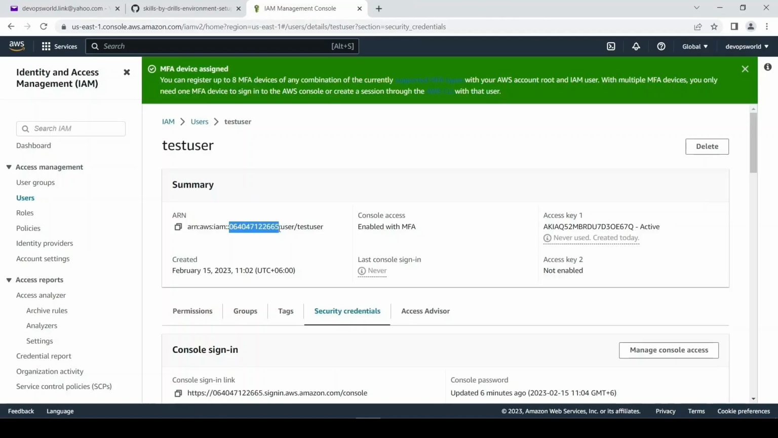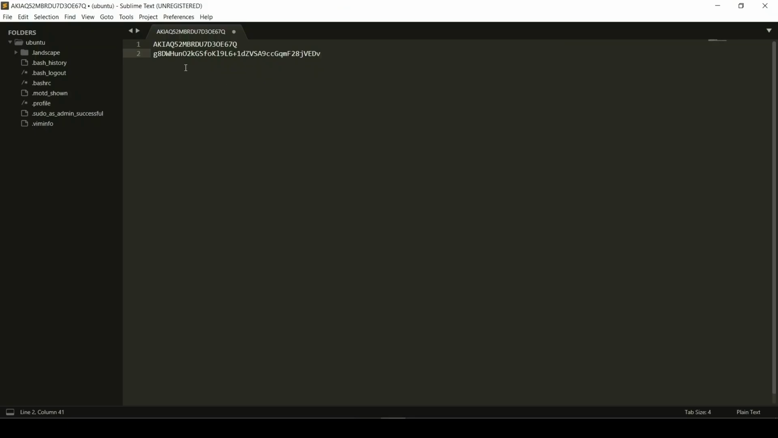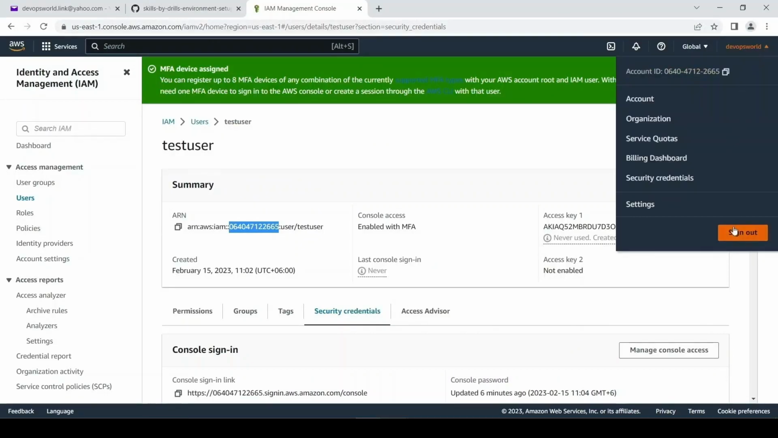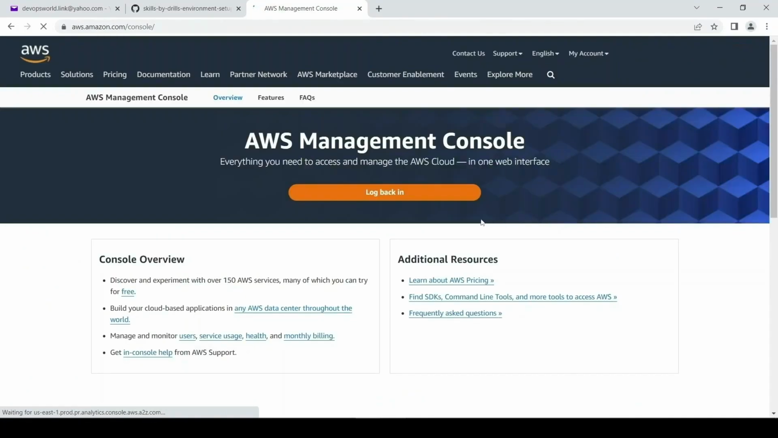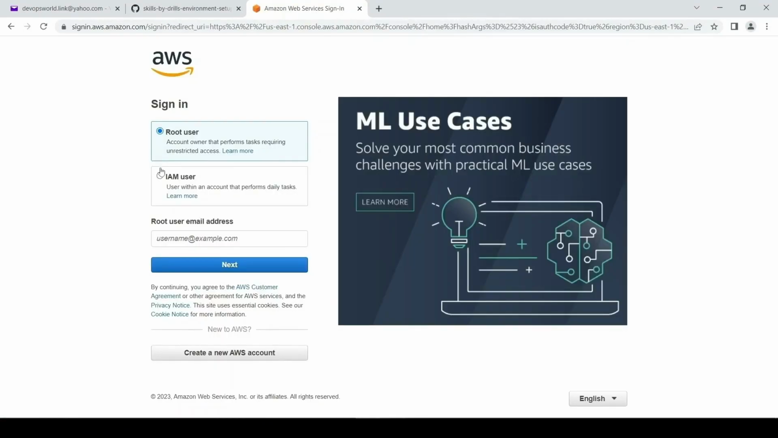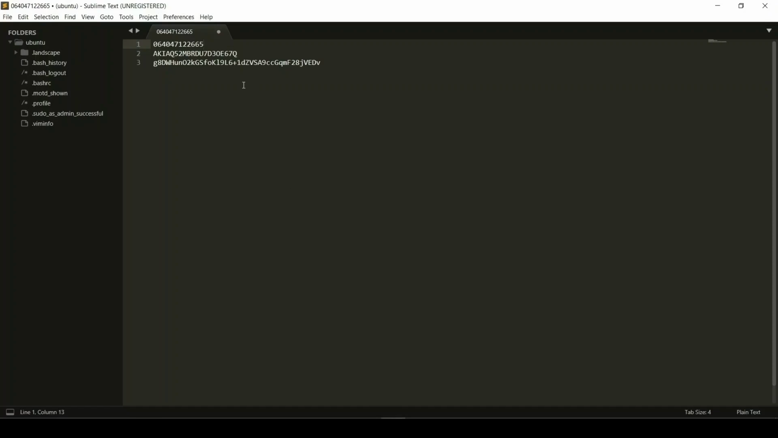Let's log in under the test user. Before that, we need to save our account ID, log out of the root user, and click Log back in. This time we will be logging in under an IAM user. Enter an account ID,